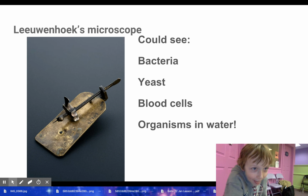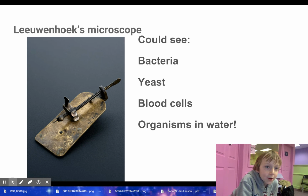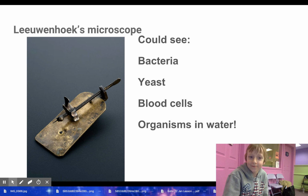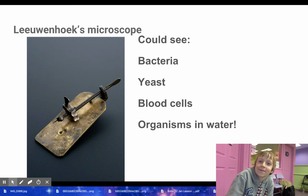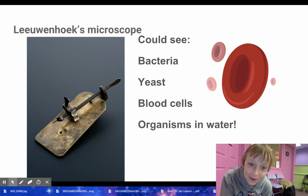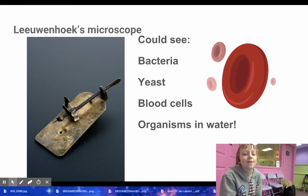So what is that there? The picture of Leeuwenhoek's microscope. Does that look like the microscope you use in school? Nope, but it looks cool. It does. So what are some of the things he would see with that? He would see bacteria, yeast, blood cells, and organisms of